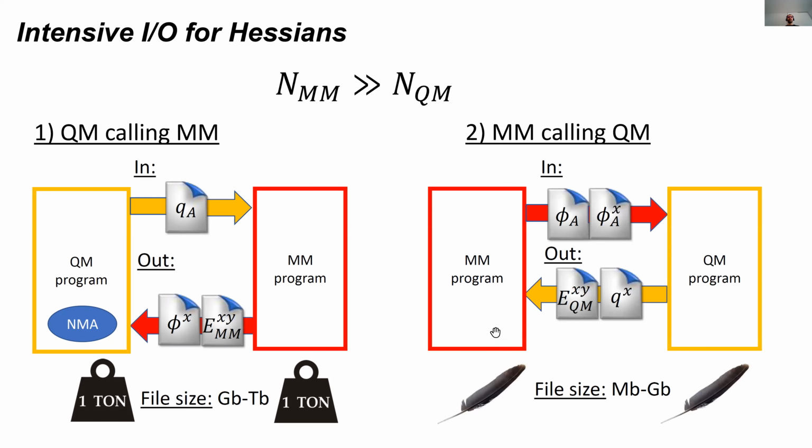In fact, it would have been much smarter if the MM program would have sent a bit of information to the QM program to compute the QM part of the hessian, and then sent back the information to the MM program, and the MM program would build the total hessian. In that case, we only have a communication file that takes a few megabytes instead of several gigabytes, which is very easily read. So the only reason that we have this kind of implementation now is that we have these modules inside the QM program